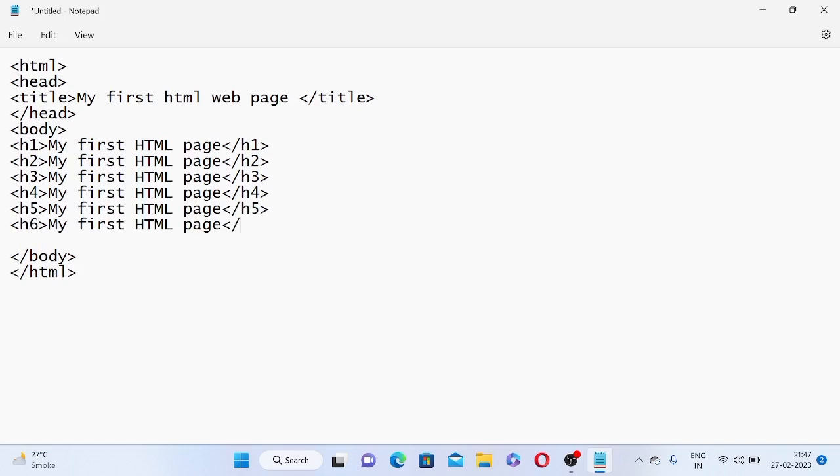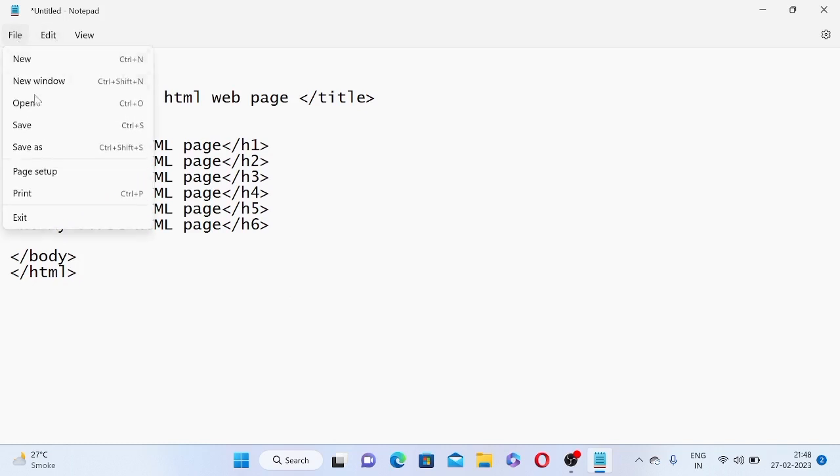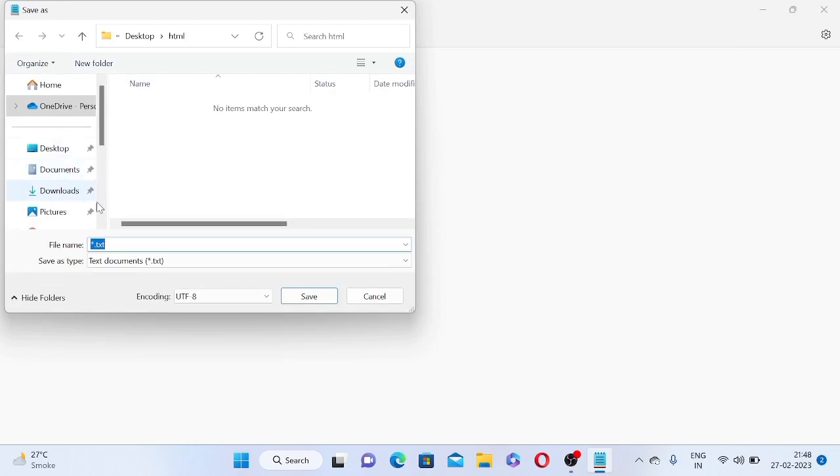Now we'll see in the browser how it works. Now suppose this code we have written over here. Now you will think, how to open this as a web page, how will this form a web page. For that, I'll tell you, you have to save this page first. First you need to save this page as .html. So on the desktop here I have one folder, HTML. Inside this I will save this page with the file name heading tags,